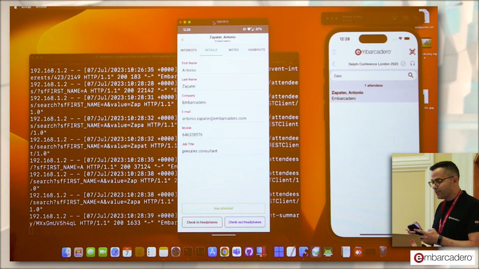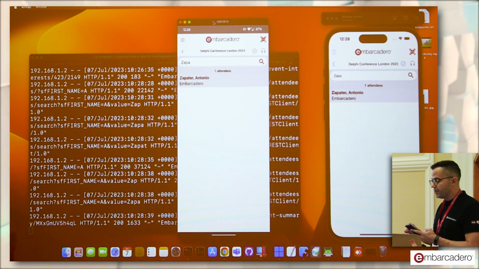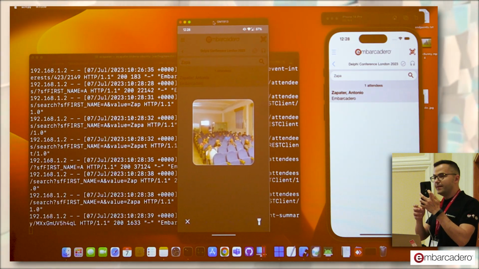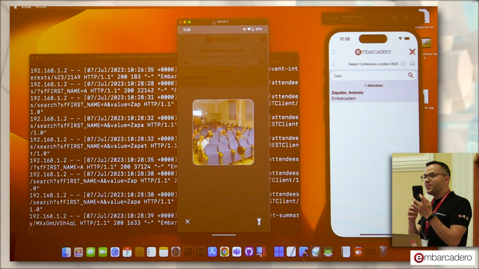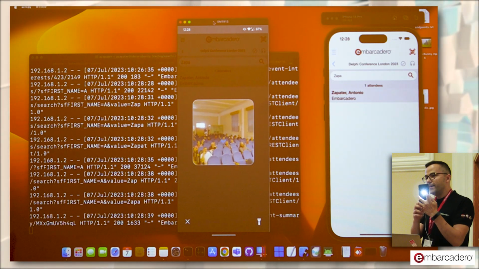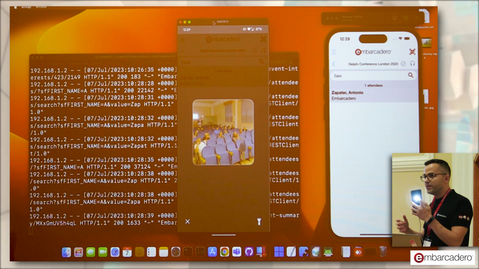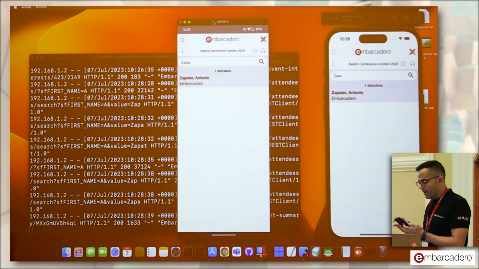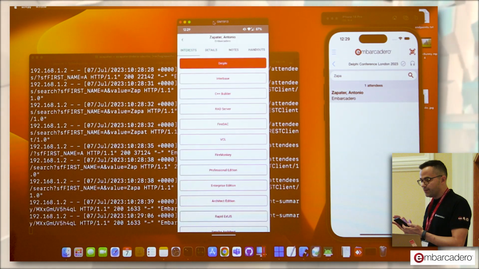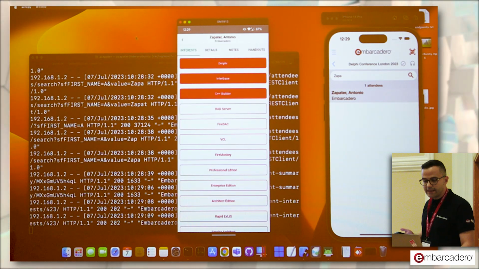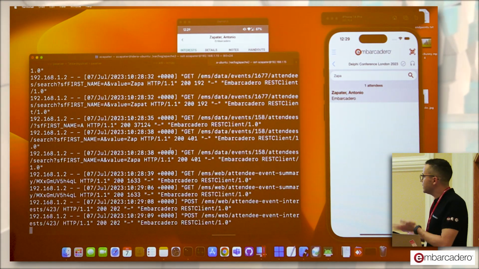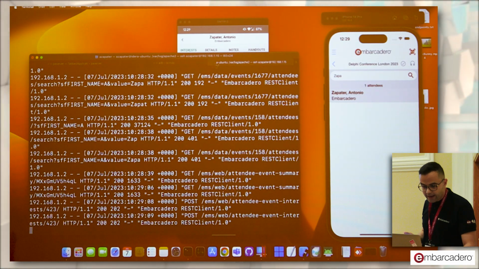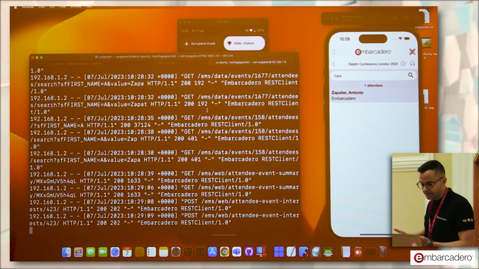And again, I didn't have to code absolutely anything. And I also have the QR reader. If I press it, then say hi. And because I have a phone, I can even use the torch here. And again, it's a property of the component that detects if I have a torch or not. But again, same functionality. You can come to the interests tab, and we can see how the requests keep coming through the backend server. And again, I want to specify that this is not local. This is on a server in the cloud.